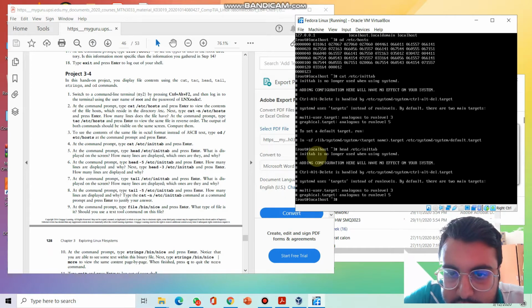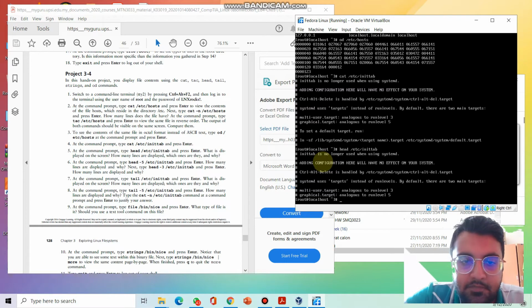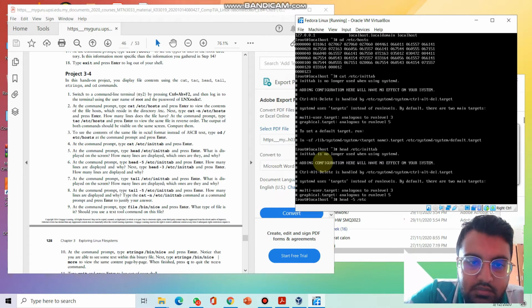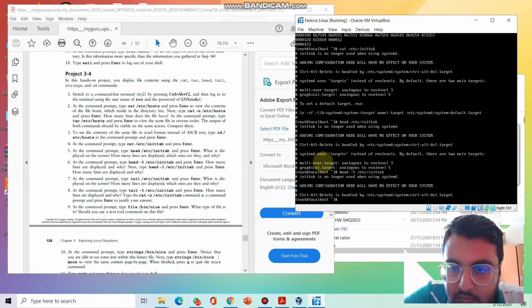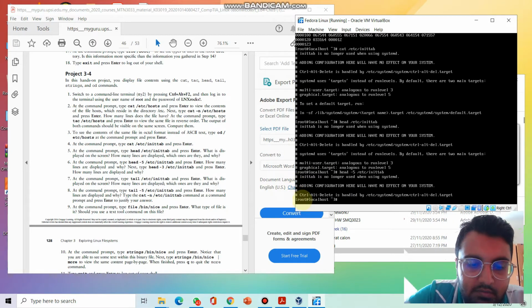1 2 3 4 5 6 7 8 9 10, around 10. So we proceed with head -5 /etc/inittab. Okay, inittab. So we have 5 lines only. And then when we type head -3